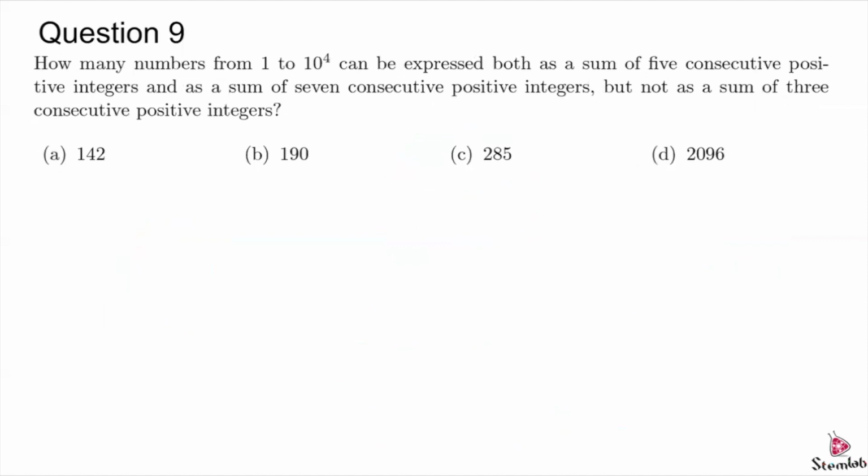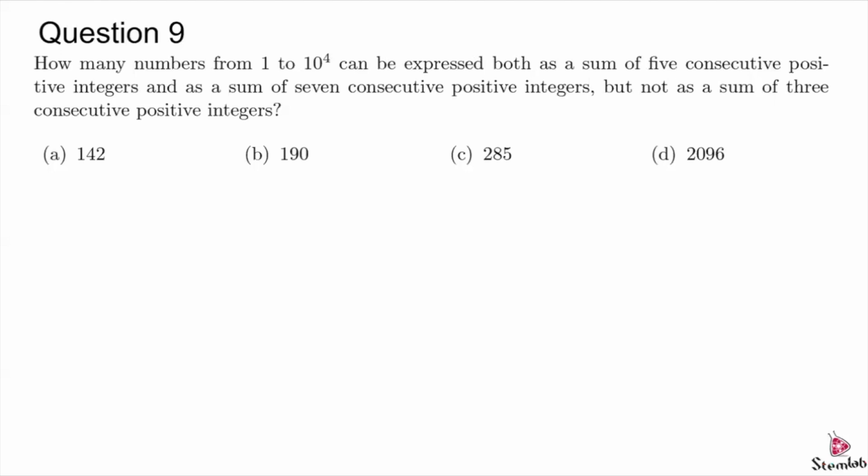Question 9. How many numbers from 1 to 10 to the 4th can be expressed as both the sum of 5 consecutive positive integers and as the sum of 7 consecutive positive integers, but not as the sum of 3 consecutive positive integers? Okay, first let's figure out how we can represent the sum of 5